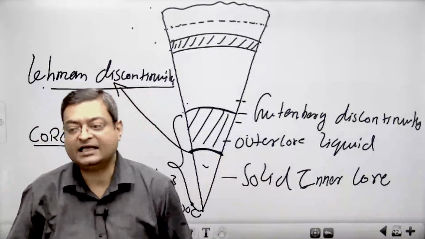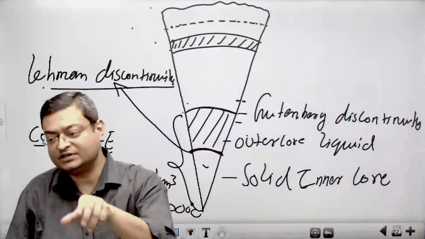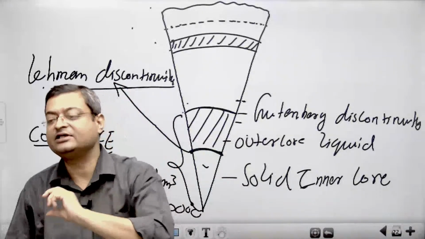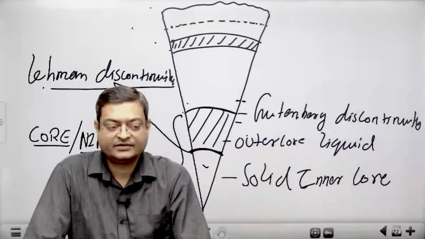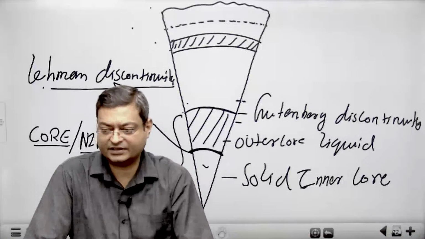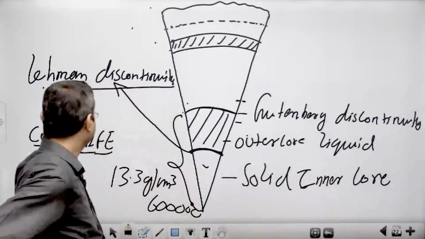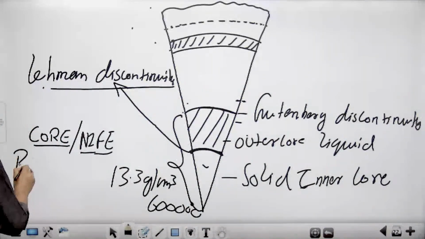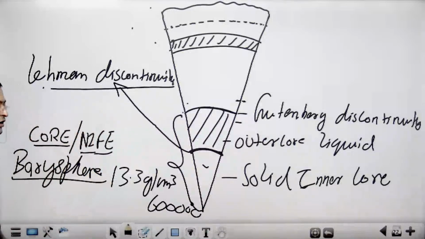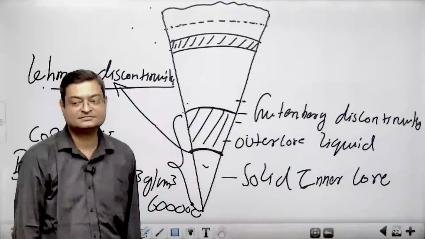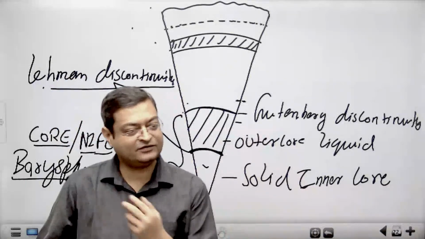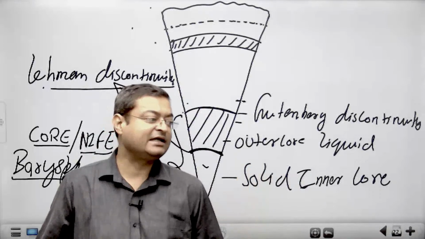Below the asthenosphere, asthenosphere is the topmost part of your mantle. ठीक है? Then there is that layer which is termed as pyrosphere. Altogether, asthenosphere and pyrosphere are the mantle or mesosphere, and this is your barosphere. The core is also called barosphere, that is the third name. नाइफे कह लो, कोर कह लो, barosphere कह लो, तीनों एक ही चीज है, क्योंकि एग्जाम में कौन सा टर्म देगा मुझे नहीं पता.